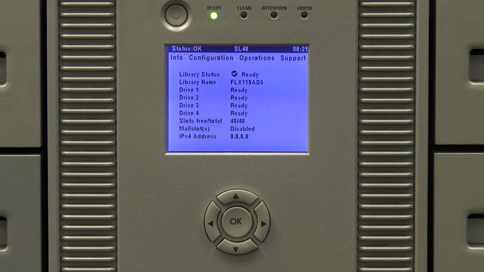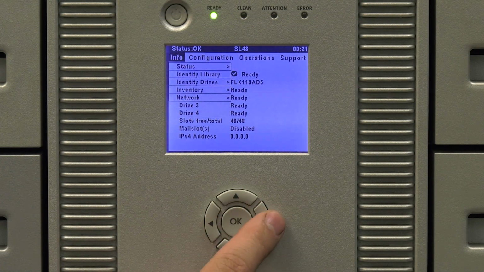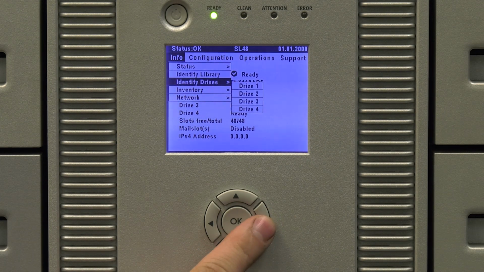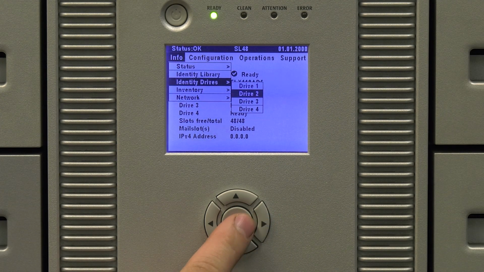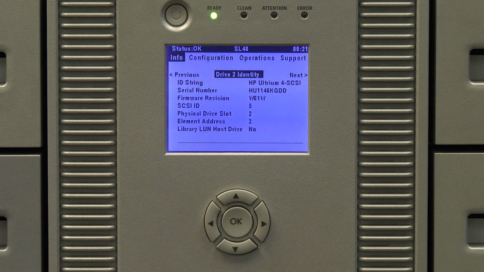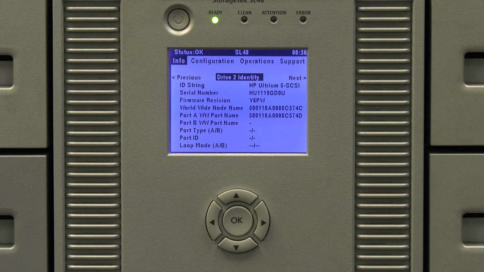Through the front panel, hit the right and left arrows until the info menu is open. Then hit the down arrow to select Identity. Use the down arrow to select the drive you are replacing and hit Enter. Now you will see all of the info for that drive. This will include the firmware, serial number, and SCSI ID or worldwide name, depending on if you have a SCSI